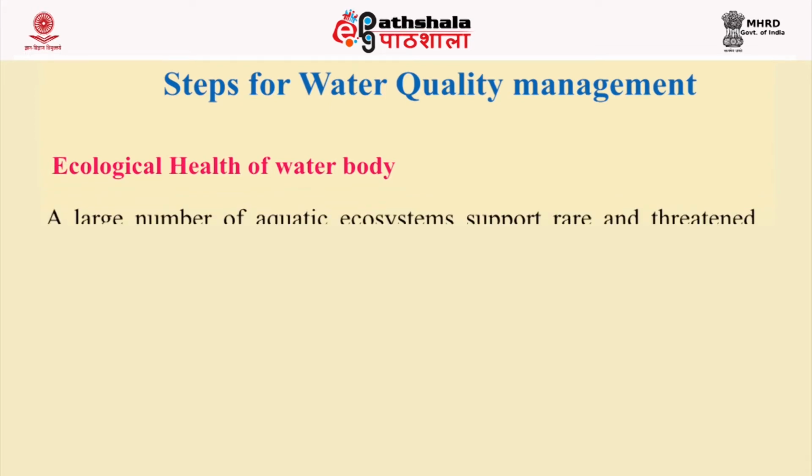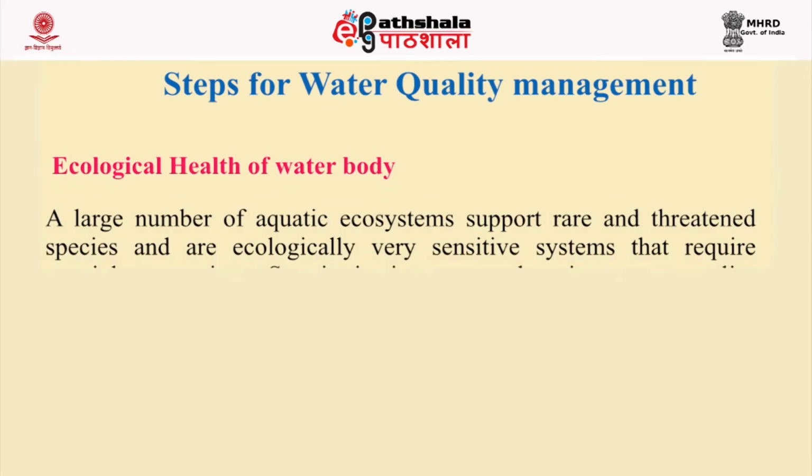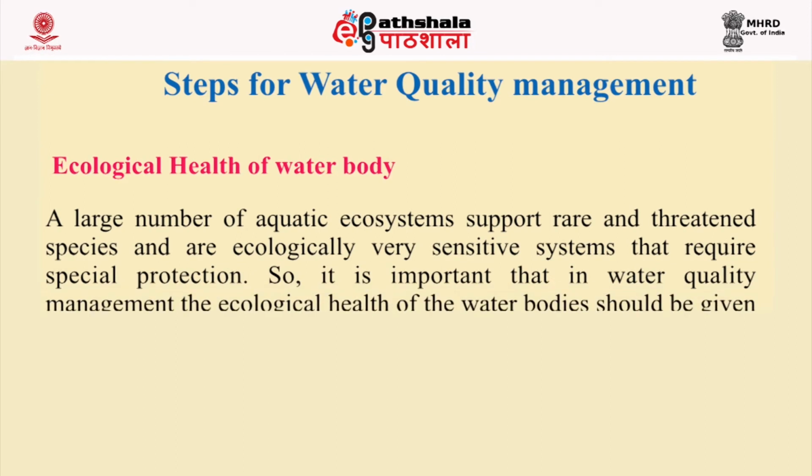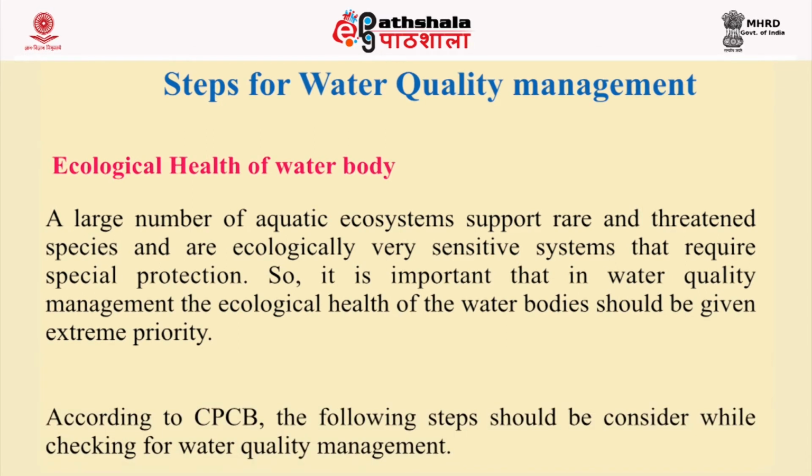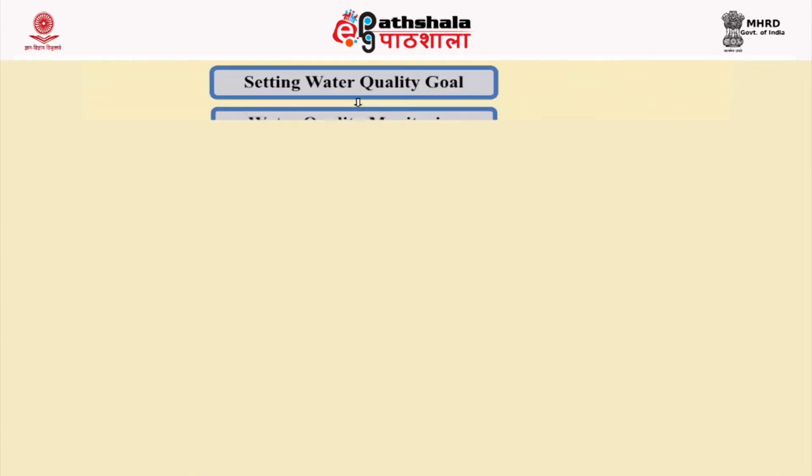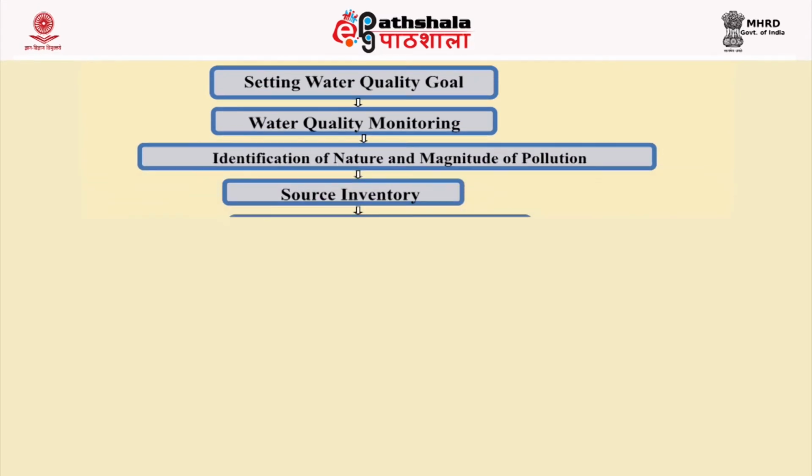Before understanding the different steps of water quality management, we should keep in mind the ecological health of the water body. A large number of aquatic ecosystems support rare and threatened species and are ecologically very sensitive systems that require special protection. So it is important that in water quality management, the ecological health of water bodies should be given extreme priority. Now, the different steps for water quality management are setting water quality goal, water quality monitoring,